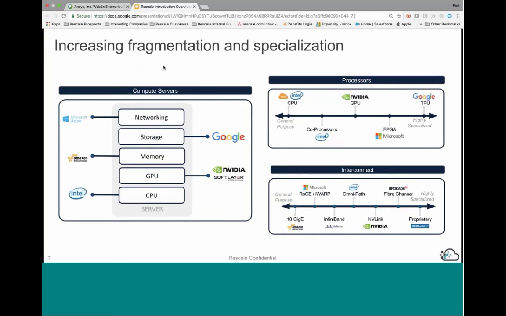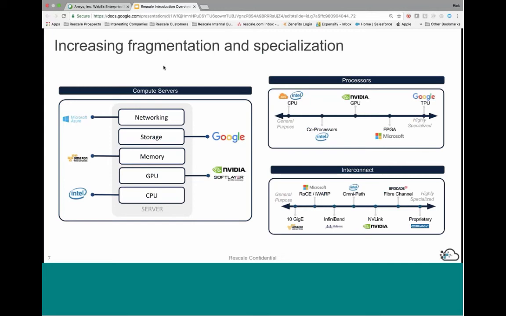Why is this important? Well, what we've seen in the industry is there's increasing fragmentation and specialization around the types of compute servers, the networking, the storage, the processor chipsets, right, with GPUs and InfiniBands and TPUs and FPGAs, and the interconnects, when we start to talk about various things with 10 gig E and InfiniBand and other proprietary connectivity, it's going to get to be increasingly more difficult for companies to keep up with the pace of change in this space.